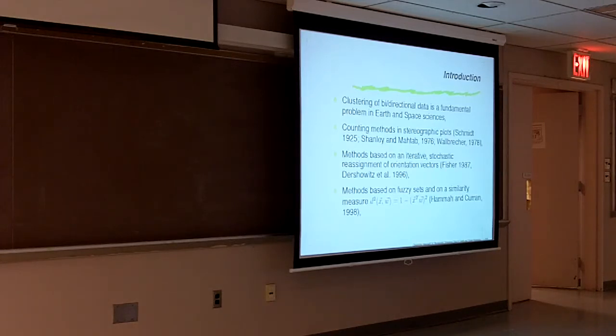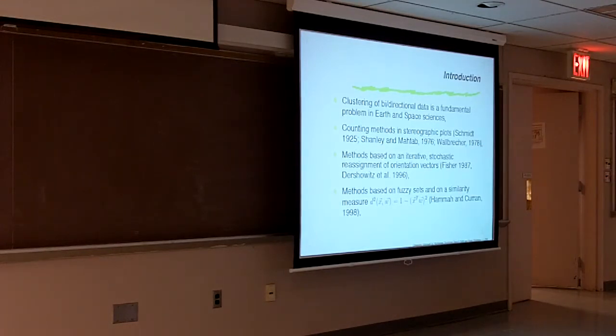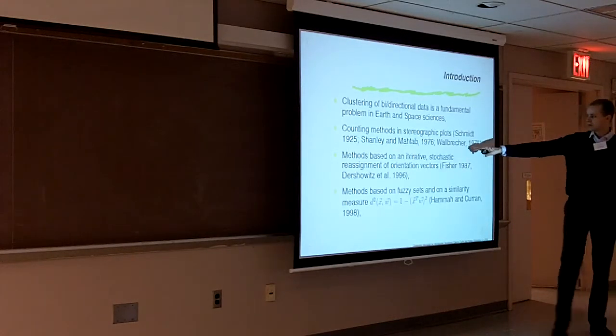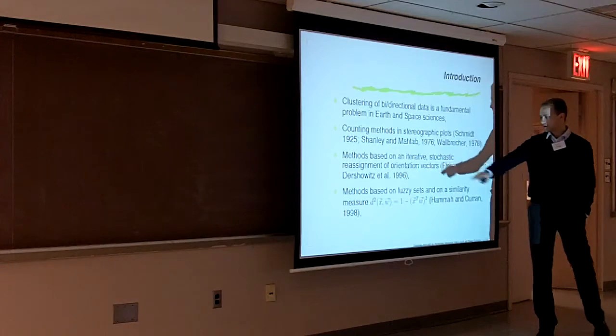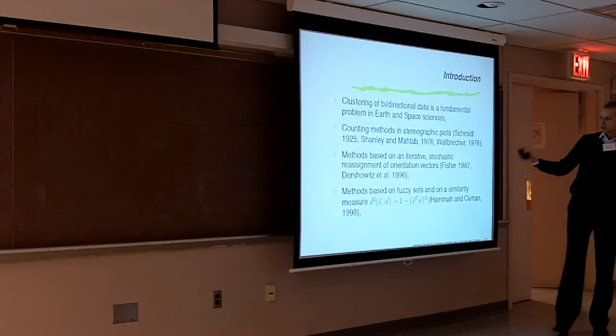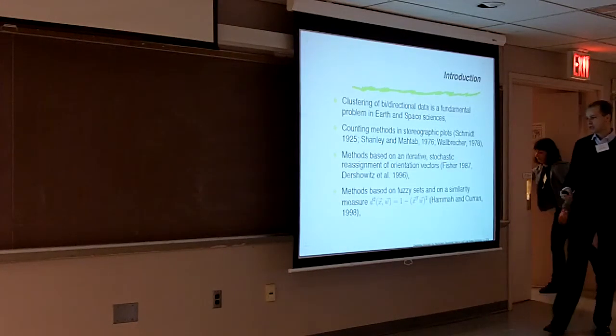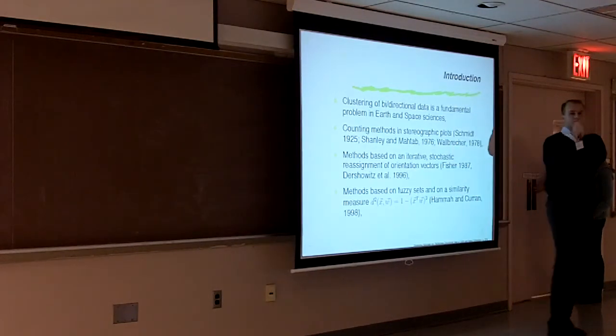As I said, we have problems of clustering directional, bidirectional data, and in the past, we go back 100 years, counting methods were developed where people tried to count how many orientation vectors we have in certain directions. I showed some figures in a bit. And later on, these were automized in the 70s, and in continuation, they were improved. Stochastic assignment of orientation vectors, such algorithms were developed in the 80s and 90s, and then fuzzy set theory was implemented. Certain distance measure to measure the distance between different